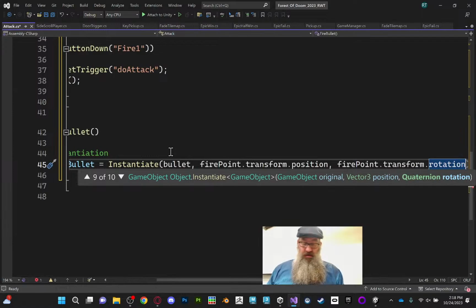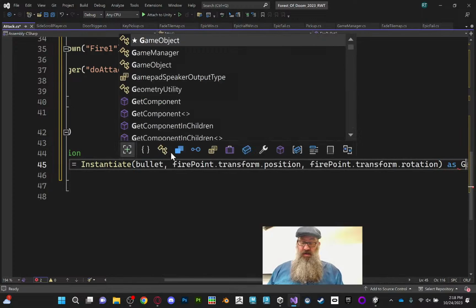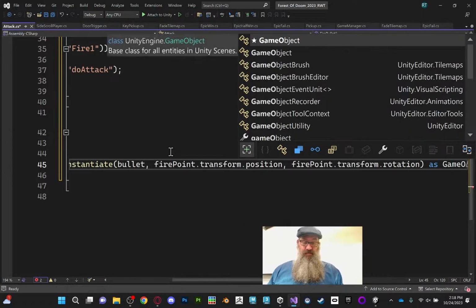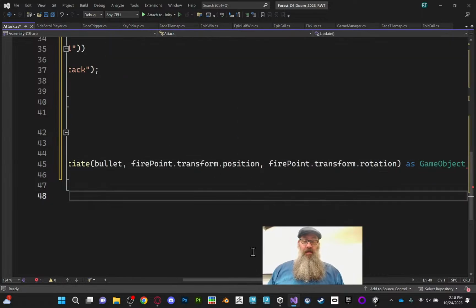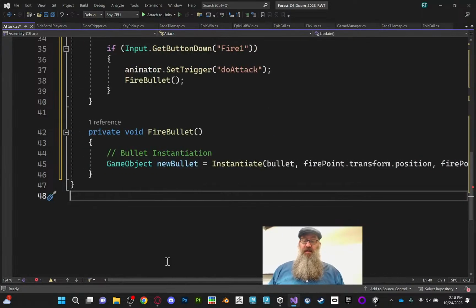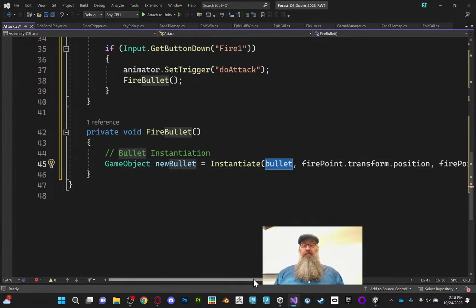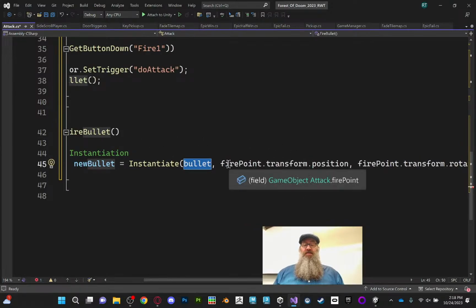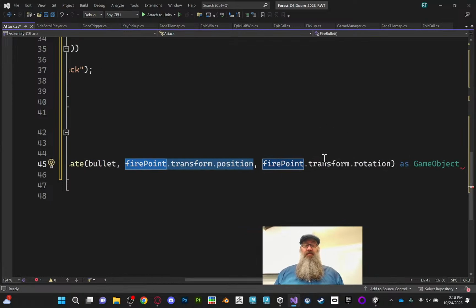And yes, that's a lot of code for just making a thing appear. And then just in case, I think I need this as game object. I don't know for sure. All right. That's a long line of code. Doesn't even fit on the screen. So I'm creating a new bullet. I'm pulling in this prefab, and then I want it to appear at this position with this rotation,